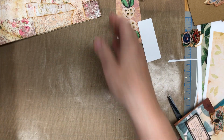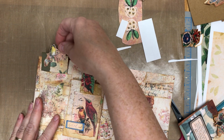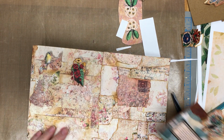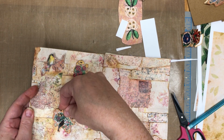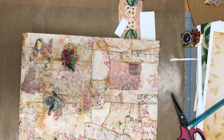Okay, so let's get this back. We'll put these tags back in the pockets. There, there. Now this is our third tag. That goes here. And we just lift it up. It disappears into the pocket. So that's what we've got so far. So the other thing that we'll do,